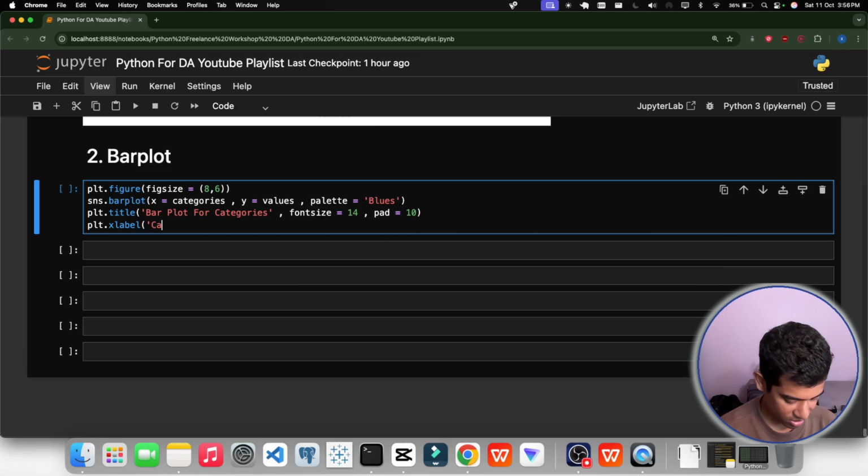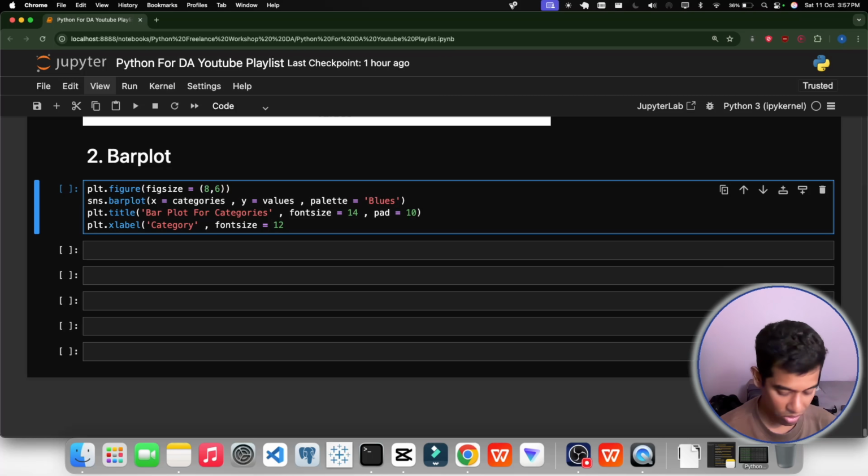Let me keep this. We will use category, right? And in this we have to also give font size, because this is a string that will be shown in the graph, this is a letter, this is a word that will be shown in the graph. So anything which we represent or show as visualization in the graph actually needs font size.